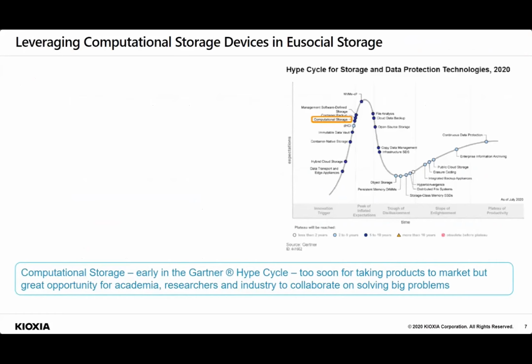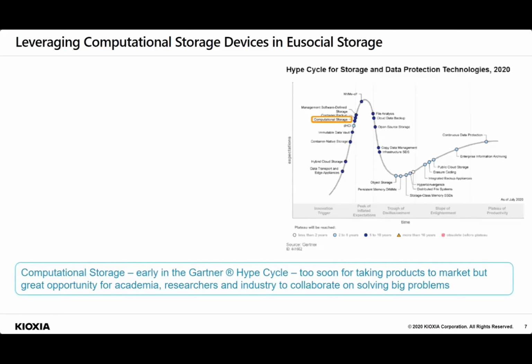Gartner, which updates and publishes its qualitative view of various emerging technologies as a hype cycle curve, recently called out computational storage in its July 2020 release of the curve. As seen here, it is still early in the acceptance phase, with a lot of excitement in the technical community, but with overblown expectations among early adopting customers. This provides a rich opportunity for identifying research problems and solving them collaboratively.